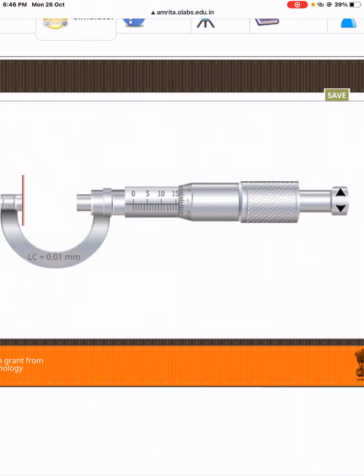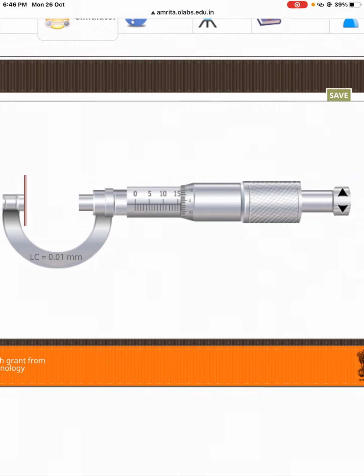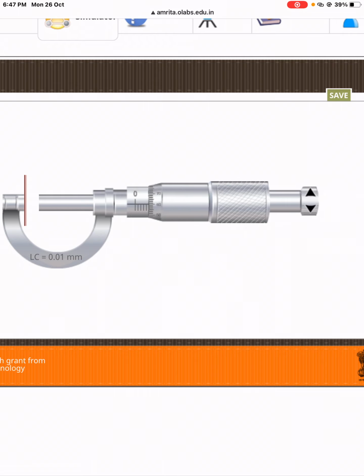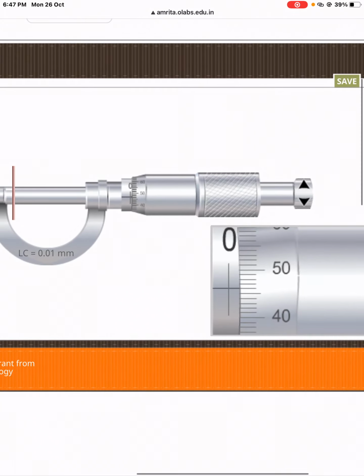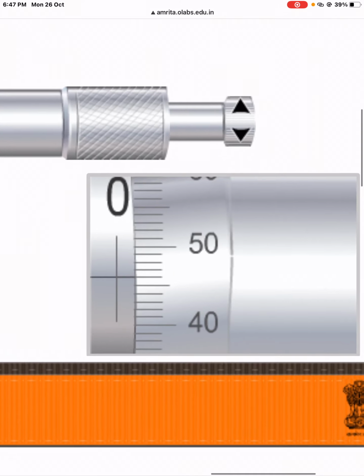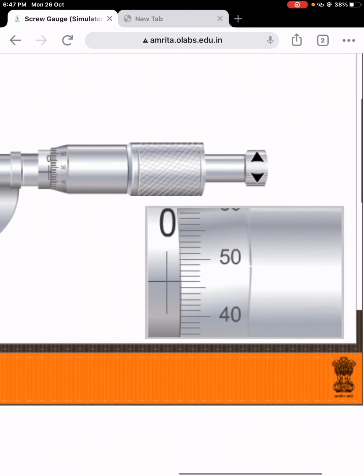On the extreme right side we have two arrows. These are useful to rotate the screw. On one tap it rotates by one rotation. If you see, in one rotation it moves 1 millimeter of distance horizontally. On the pitch scale you have to tap multiple times so that the wire can be well adjusted. We have the zoomed image of the readings.